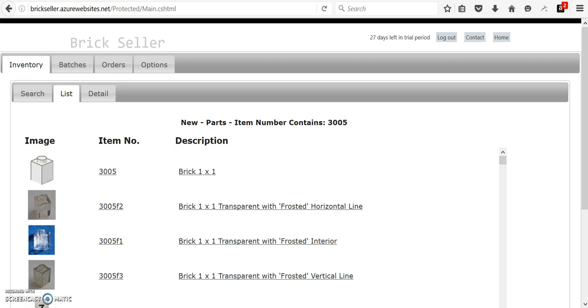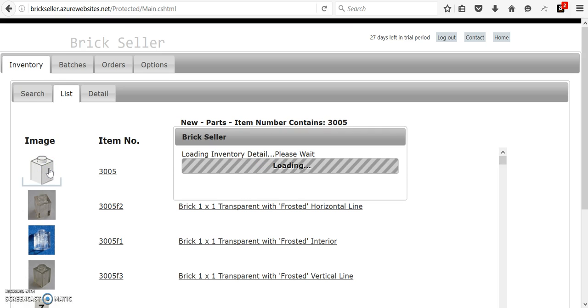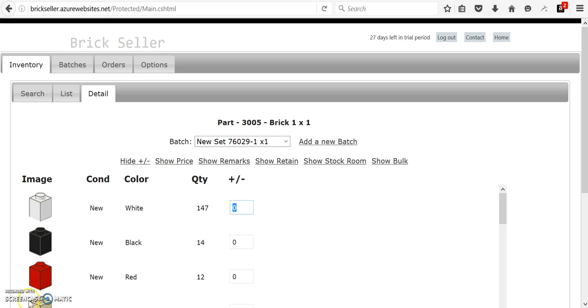The inventory search results list will always show the image, number, and description. You can now scroll to the item you want to update the inventory information for. When you click on the image, number, or description, you will see a pop-up message for a moment while BrickSeller retrieves the current inventory information from BrickLink, and then you will be taken to the Detail tab. In this case, because we are displaying information for part 3005, the 1x1 brick, you will see a list of